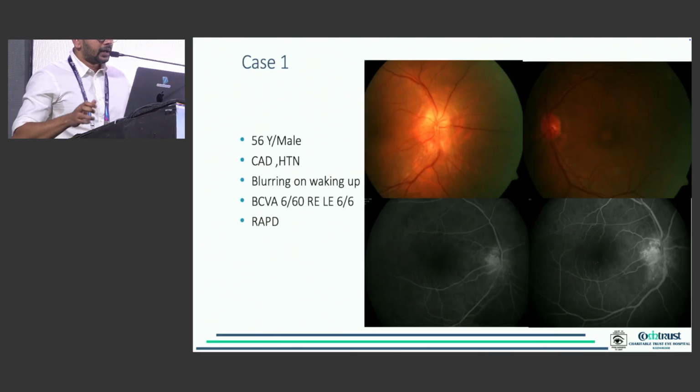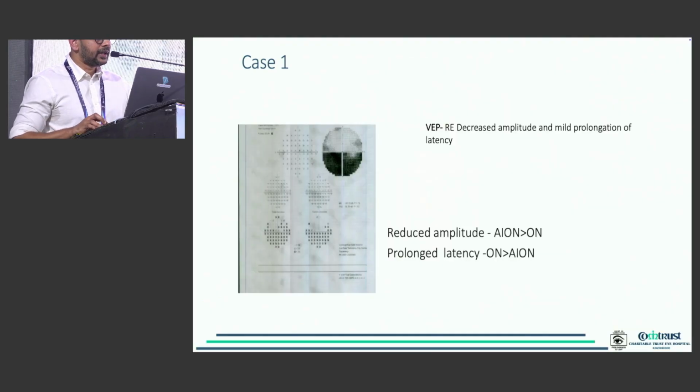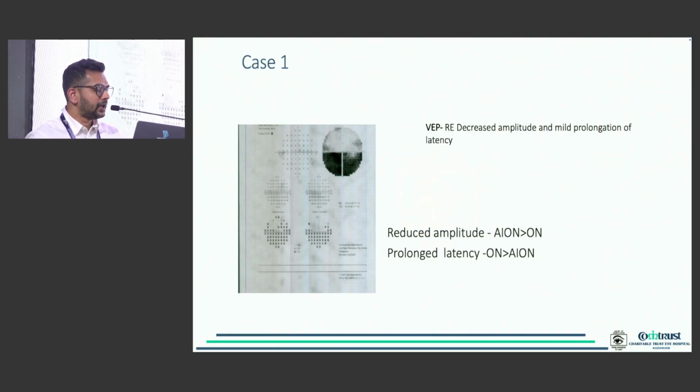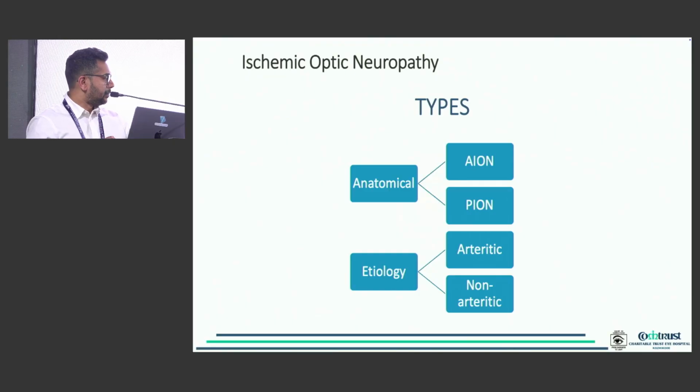Good afternoon. I'll straight away start with the case. It's a 56-year-old male, a known case of coronary artery disease and hypertension, who came with complaints of blurring in the right eye on waking up, with 6/60 vision and RAPD. This shows sectoral hyperemic disc edema, and FFA shows a sectoral filling defect. HFA showed an inferior altitudinal field defect. VEP showed decreased amplitude and mild prolongation of the latency. This is a typical